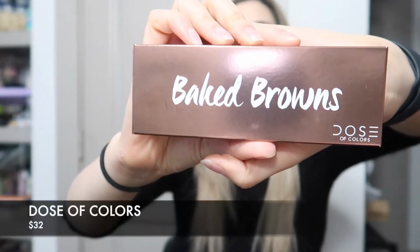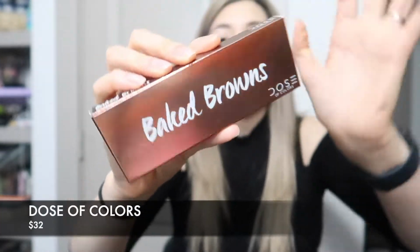I'm excited about this because as soon as I saw it, I was like, this reminds me of this shirt that I have that I'll show you guys in the giveaway video, because it's from my sister's boutique. As soon as I saw it, I was like, this goes with it. But I will try it on for you guys today with the palette that I got, which I'm going to show you next. The palette that we got is the Baked Browns Dose of Colors, and it has